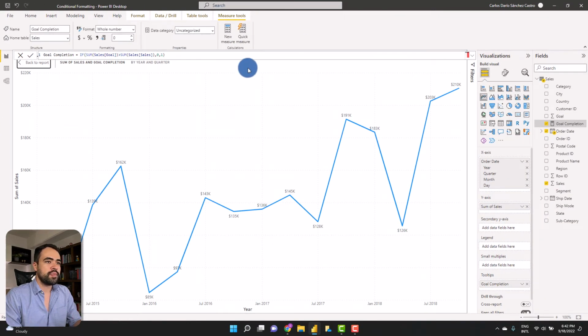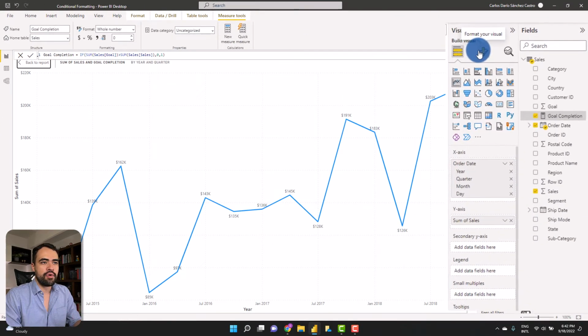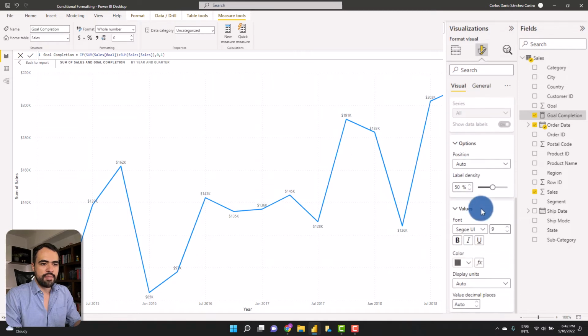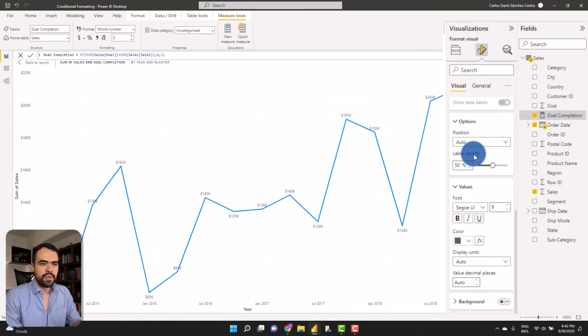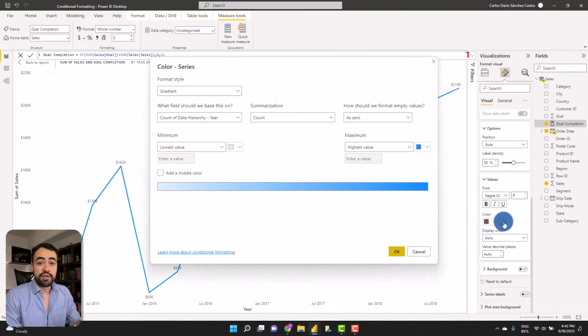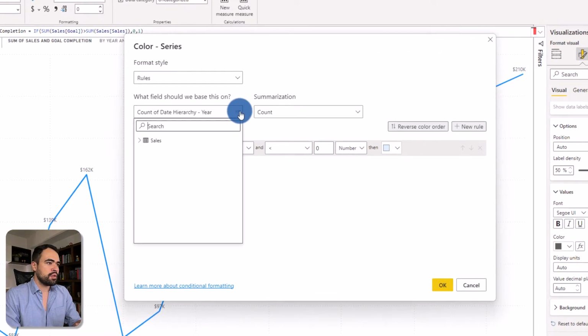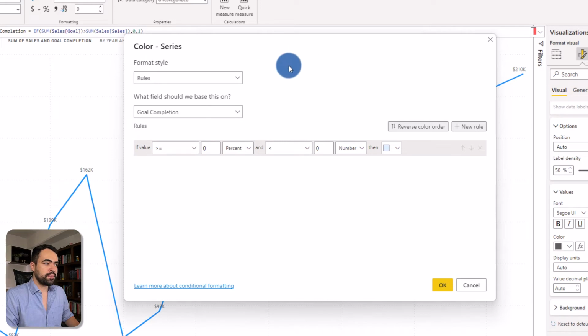Now, just as before, let's go to the Format Your Visual option, and let's look for the Data Labels menu. Here we'll select the Values submenu, and again we'll click on the function icon. And the cool thing on Power BI is that you can use fields that aren't on your visual to evaluate the conditional formatting. So here I'll look for my goal completion measure,